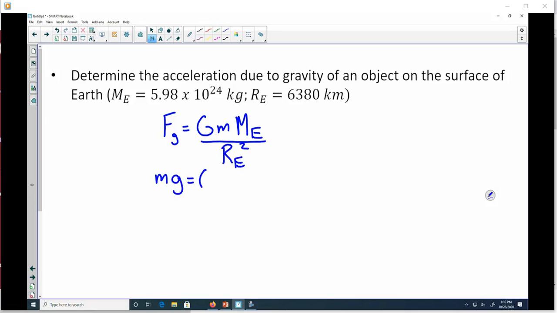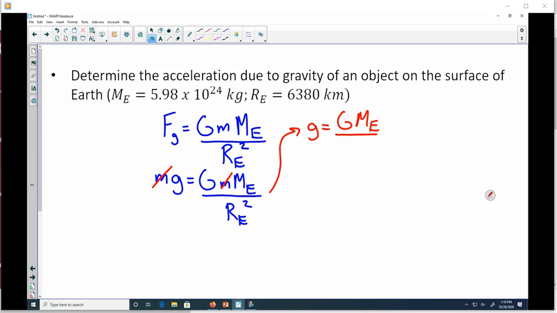But we also know that on the surface of the Earth, the acceleration due to gravity, little g, times the mass will give you the weight of the object. So if we set those two things equal to each other, you notice that the mass of the object doesn't matter, it just cancels out. And we get a value for g, based on the universal gravitational constant, the mass of the Earth, and the radius of the Earth. And so if we plug everything in,